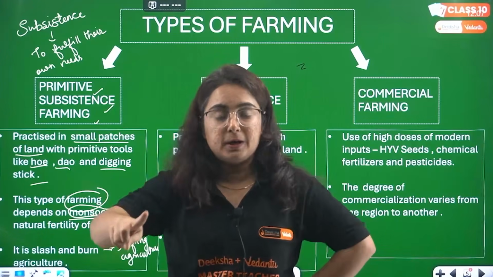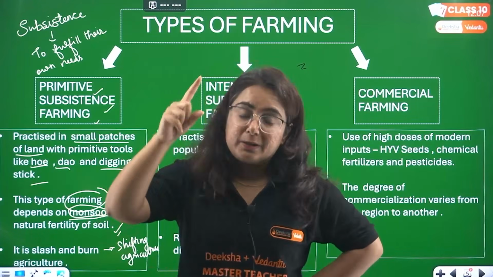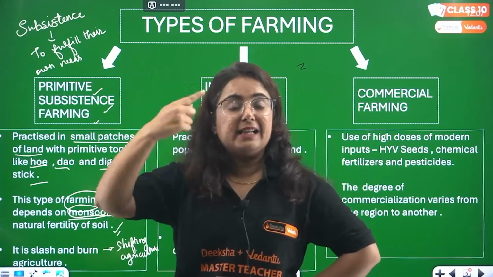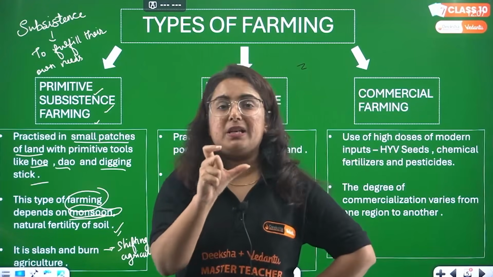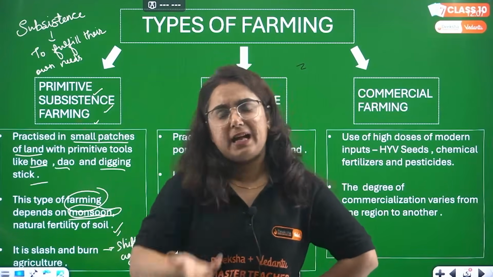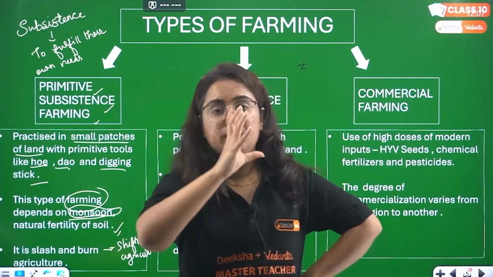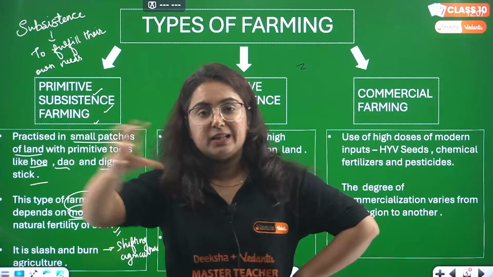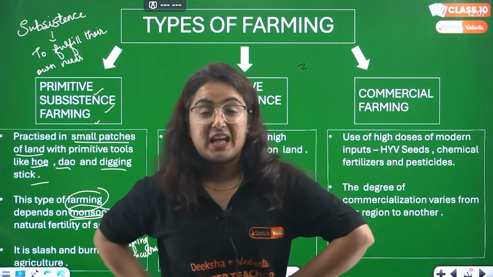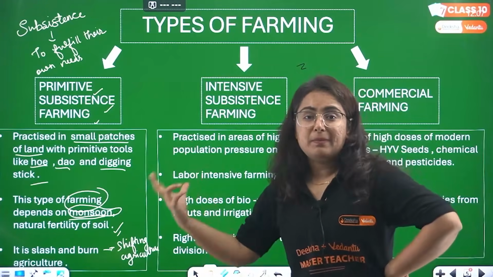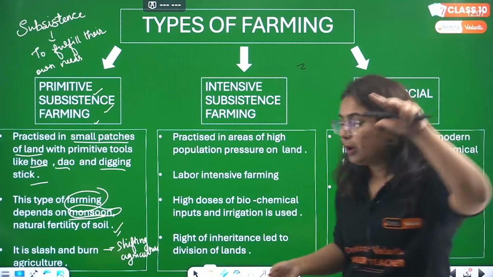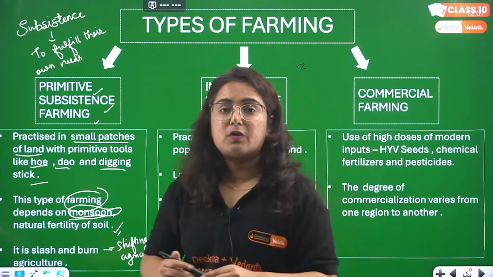Slash and burn. After the soil gets mixed and then regains its fertility, after a period of time, they can come back and grow the crops here. So this is known as shifting cultivation, moving from one place to another for the growth of crops. And this is the example of what, beta? Primitive subsistence farming. And if you are thinking, ma'am, does a question come from this topic?